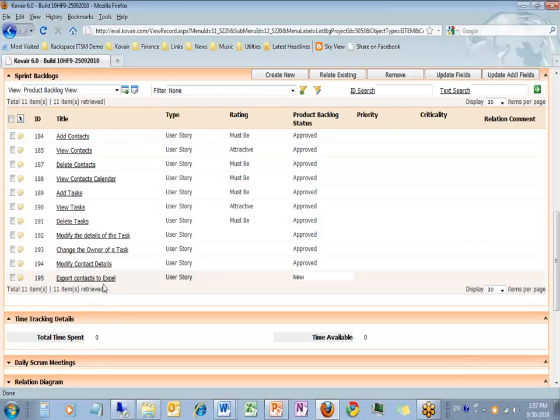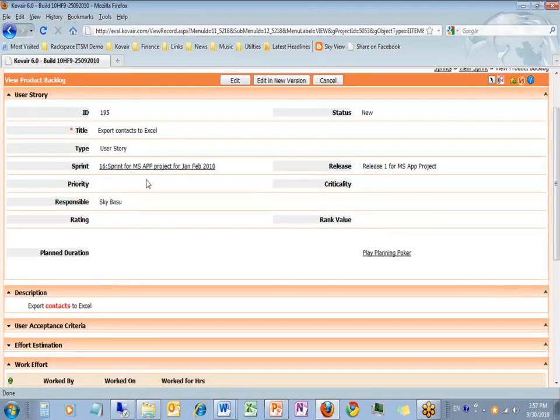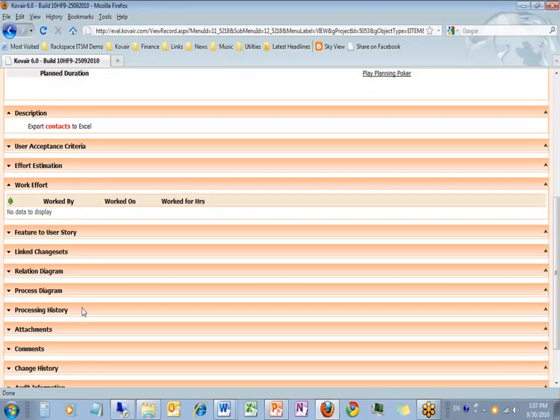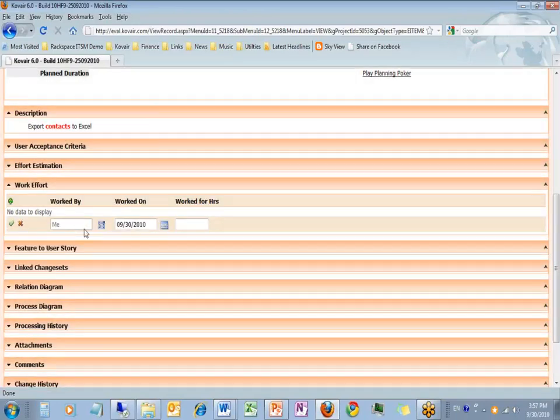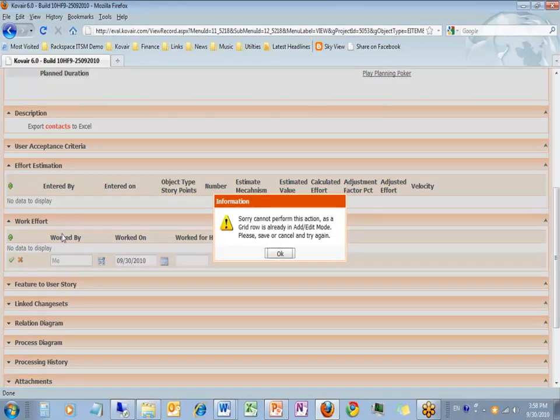Now the interesting thing is, let me open that up after I have created it. This is the one I just created. But as you can see, after I created it, it now has a lot more information available. I can now go into the work effort, and as people are working on it, they can put in who has worked on how much hours, etc. All of those things. Also, I've got the effort estimation here, how much it will take to do the